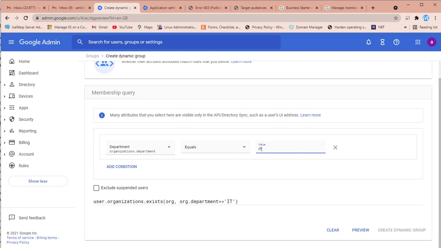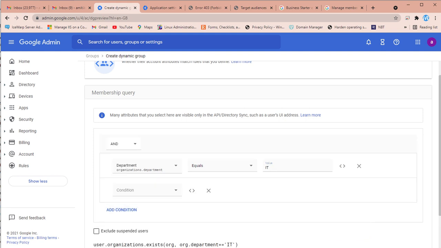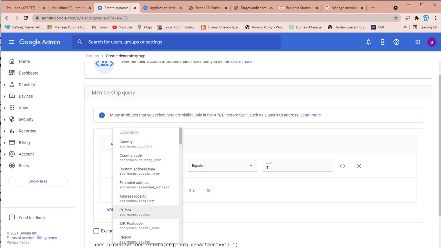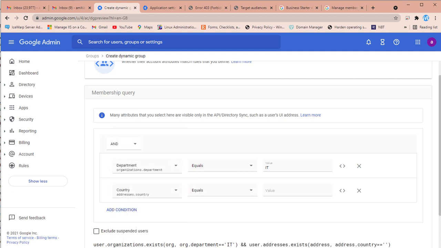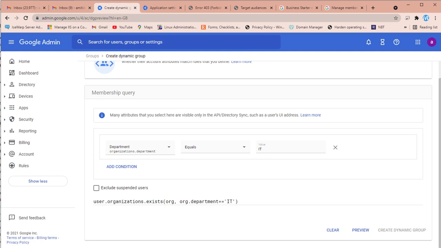One is the minimum, and you can add multiple conditions on this tab by clicking add condition. If you want to specify one more condition, you can choose something like country, and add it over here.